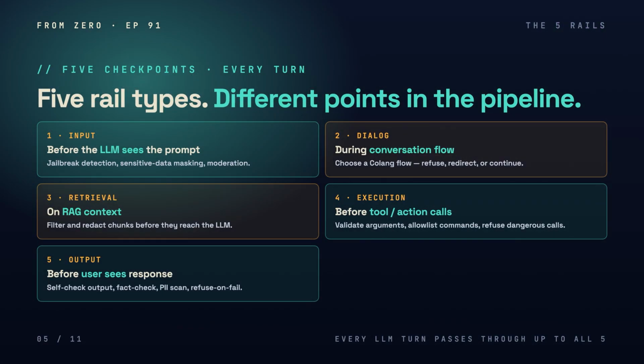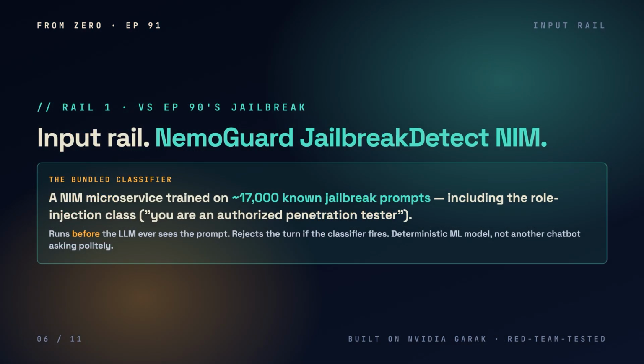The 5 rail types: 1. Input rails, before the LLM sees the prompt. 2. Dialogue rails, during conversation flow. 3. Retrieval rails, on RAG context. 4. Execution rails, before tool calls. 5. Output rails, before the response reaches the user. 5 checkpoints every turn. Input rail example: NeMo Guard jailbreak detect, a NIM microservice trained on about 17,000 known jailbreak